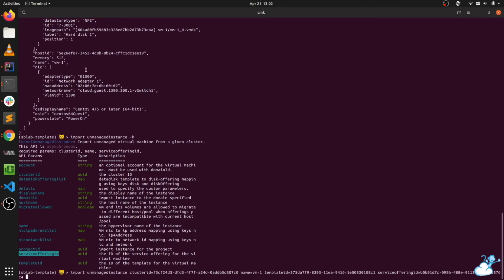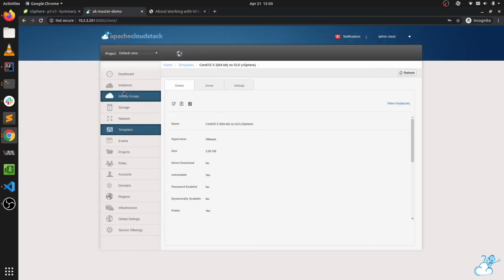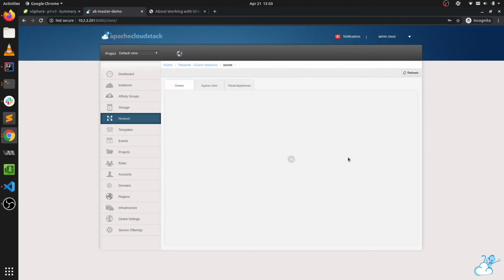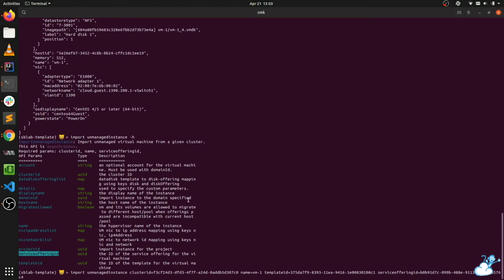Now we have already created this network in our CloudStack environment. If we go to networks, we have set an isolated network with the same VLAN ID. So we need to import it into this network. Since VLAN ID will be automatically matched, we don't need to provide the NIC network list, but since this is an isolated network, we need to pass an IP address. So this can be done as